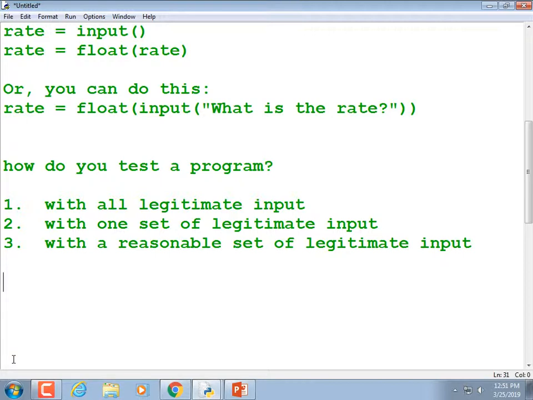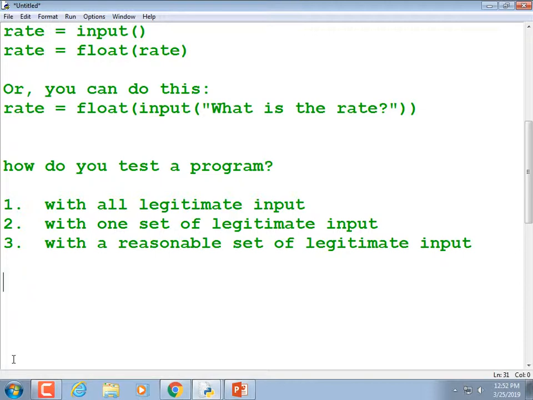Okay, here's my beef with this, with all legitimate input. The user could be giving illegitimate input, right? They could be typing in data that's not correctly formatted. It asks for a name and they type in a number, or they hit enter instead of typing in a name. Or it asks for a number and they type in a dollar sign, and you're not supposed to allow the dollar sign, right? That's the kind of stuff that can crash the program.